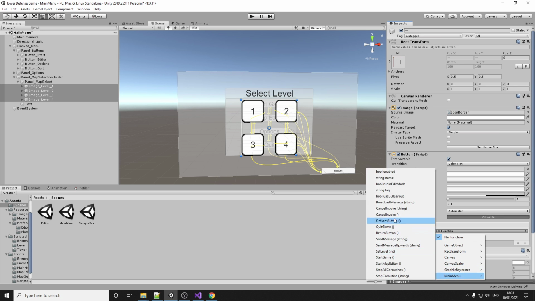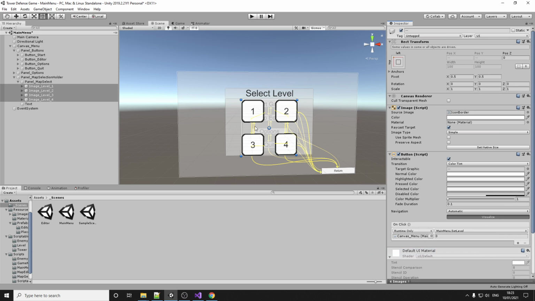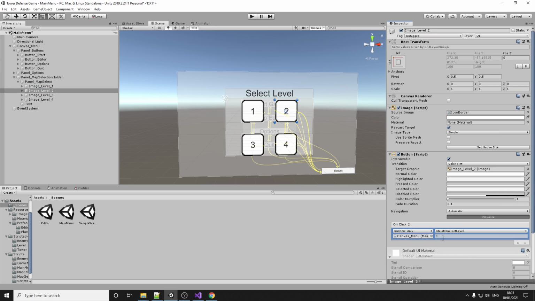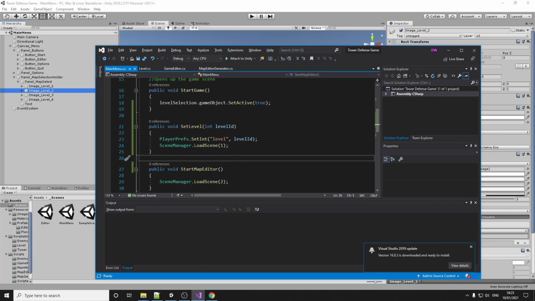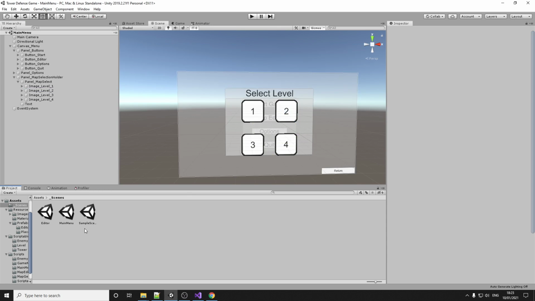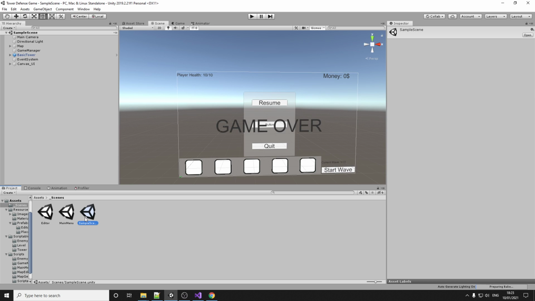Main menu, set level. So we have level 1, 2, and level 3. And they'll literally be the IDs in which they will appear in the list. So this sets it, this loads it. That will work fine, and that will load us to our sample scene, but we don't want our sample scene